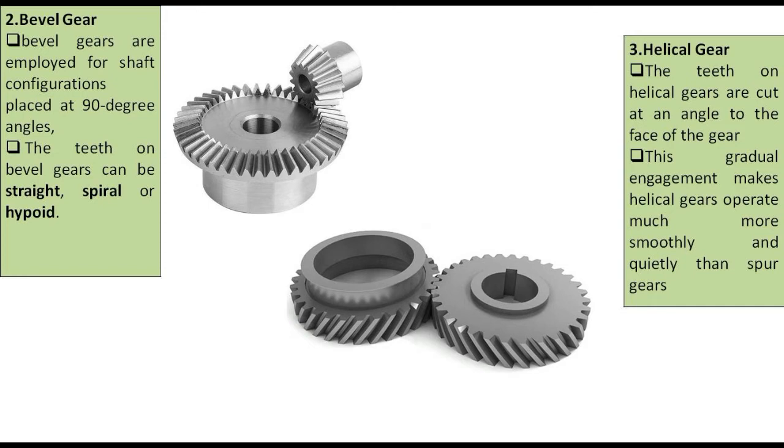Helical gear is another type of gear similar to spur gear, typically employing the parallel axis configuration with mated gear pairs, but if aligned properly, they can also be used to drive non-parallel, non-intersecting shafts. The teeth on the helical gears are cut at an angle to the face of the gear. When two teeth on the helical gear system engage, the contact starts at one end of the tooth and gradually spreads as the gear rotates until the two teeth are in full engagement.